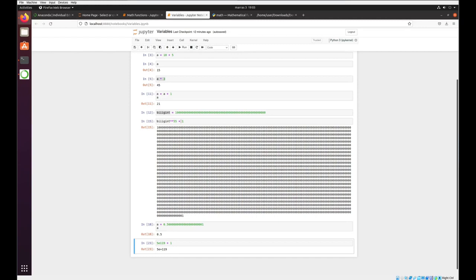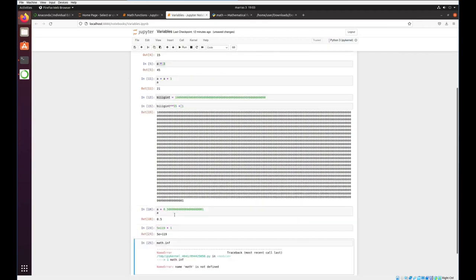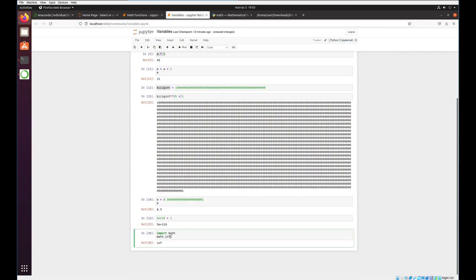These edge cases are defined by the floating point convention and vary between programming languages and platforms. And as you can see, there is a constant for infinity in math, and this is a floating point number actually. So if you take 1 and divide it by math.inf, you will actually get 0,